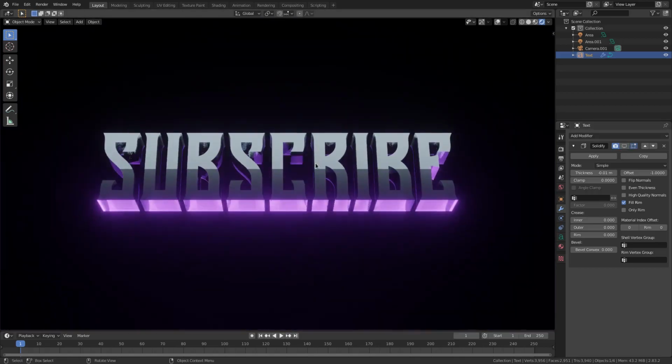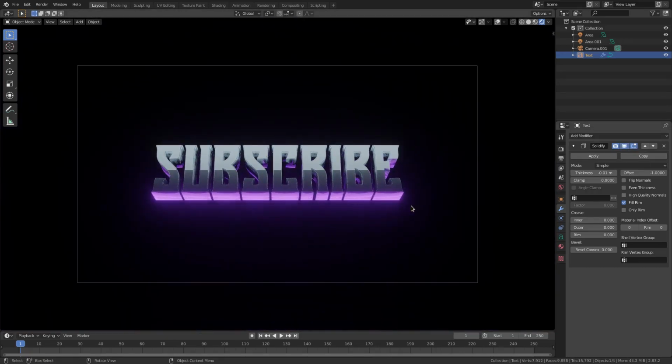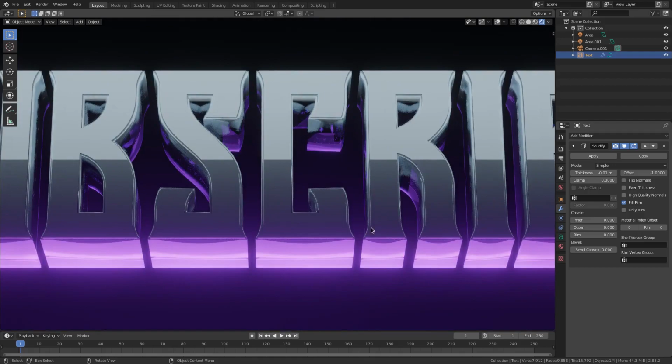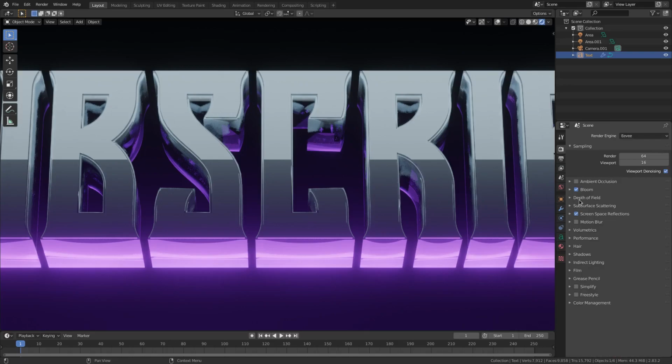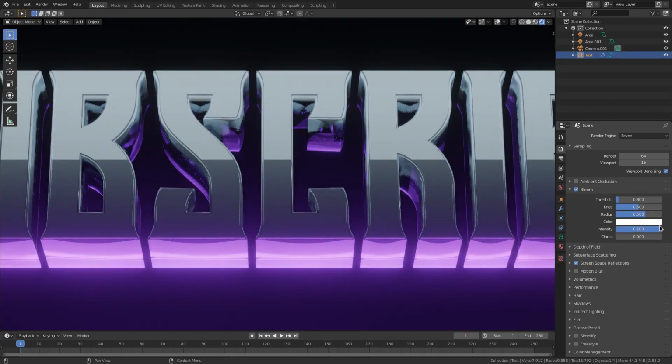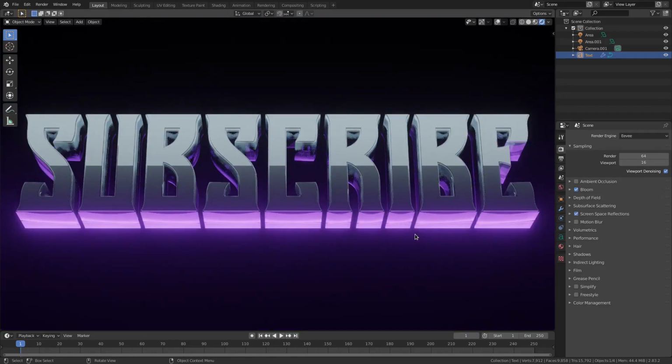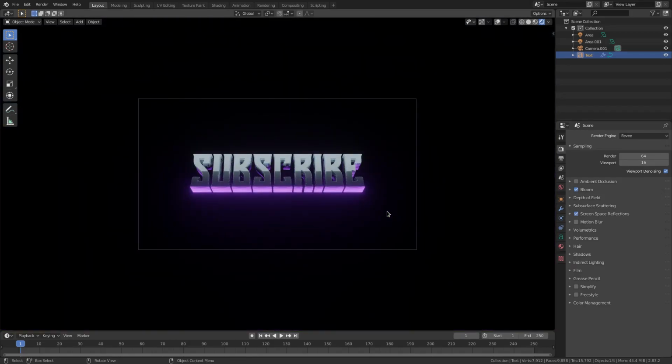Instead of looking like that. Big difference, right? That looks fine, there's nothing wrong with it, but that just looks more fancy. It has all the nice shining edges. In the material, I also bumped the metallic up to about 0.5 and the specular all the way up and the roughness all the way down. And I make sure in the main tab here I have bloom and screen space reflections turned on, and under bloom I have the intensity all the way up to 0.1. So yeah, that is the whole thing.